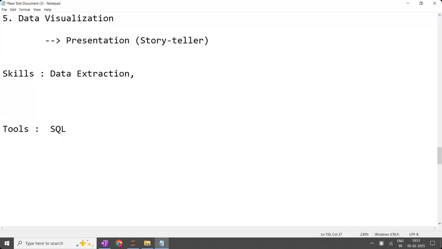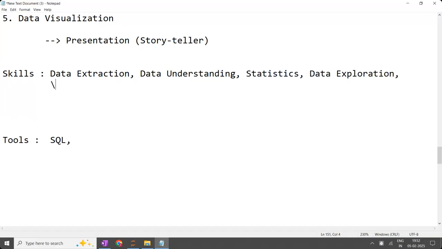After data extraction, we are going to do data understanding, and this data will be understood by using statistics. After data understanding and data exploration, in the given data we are going to explore what the minimum value is, what the maximum value is, what the range is, and what the average value is. All these are statistical measures that we are going to analyze.